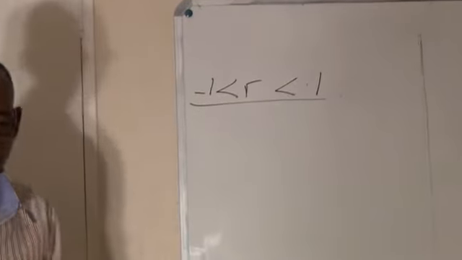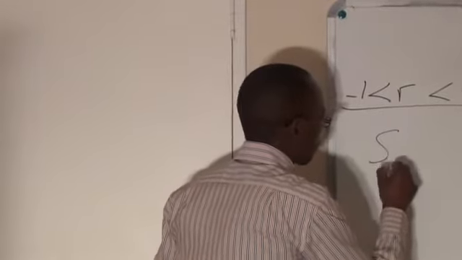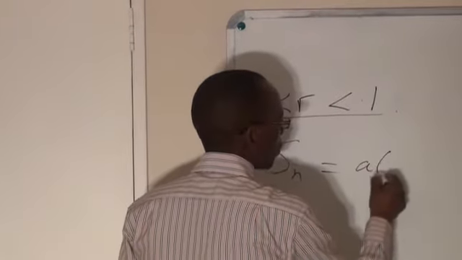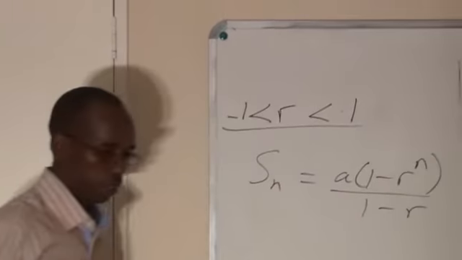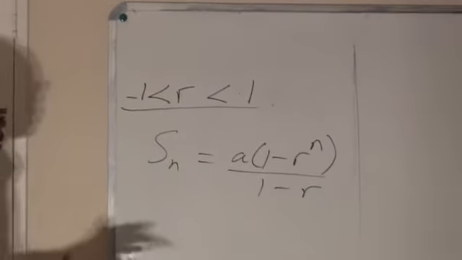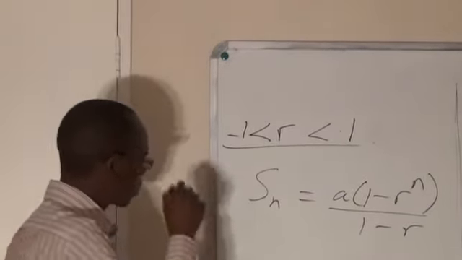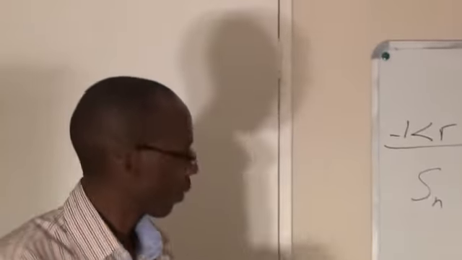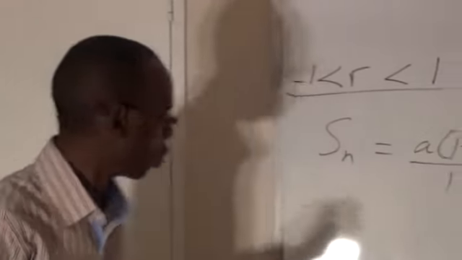Then if we go back to what we said, that the sum of n terms of a geometric progression is a(1 minus r to the power n) over 1 minus r, right? And we are now in agreement that, okay, fine, for this particular sequence, our common ratio is actually a simple fraction, therefore the sequence should actually converge. The series, if we're going to add the terms, should also converge, right? Now, if that is the case, doing exactly what we've just been doing, you will notice, if we want now to find the sum to infinity,